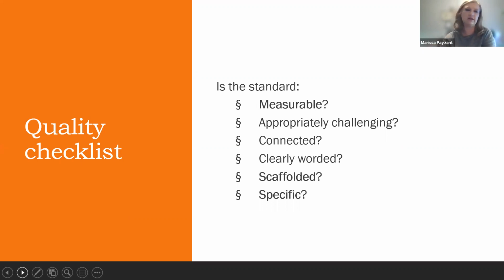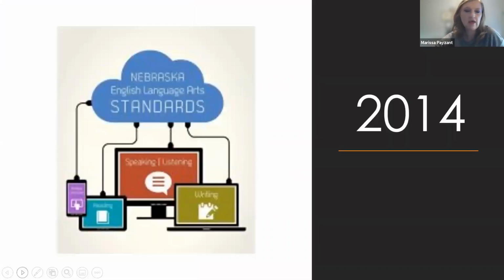All of the content areas, whether it's fine arts or science, we all use this guidance not only to review the legacy standards, but also to review any newly written or updated language in new standards. Okay, this is our graphic for the 2014 legacy standards. As you can see, we had the 4 main strands. So there's reading, writing, speaking, and listening, and then that little purple guy there is multiple literacies.